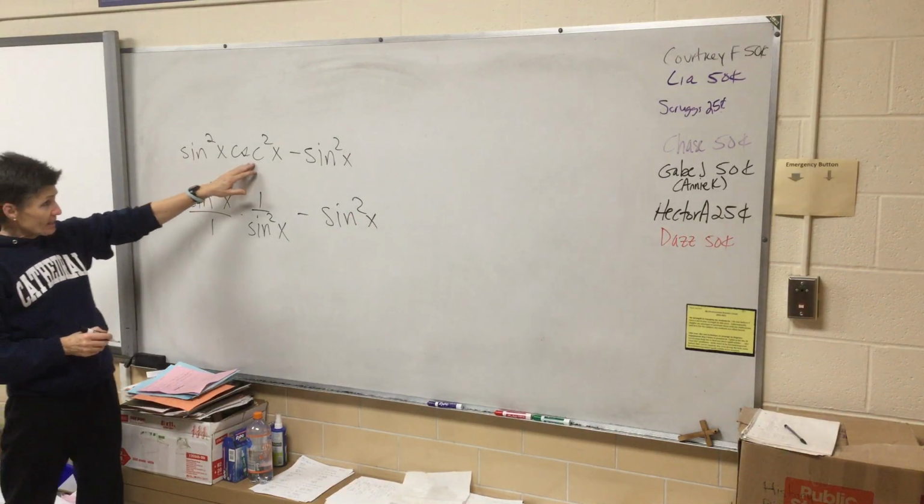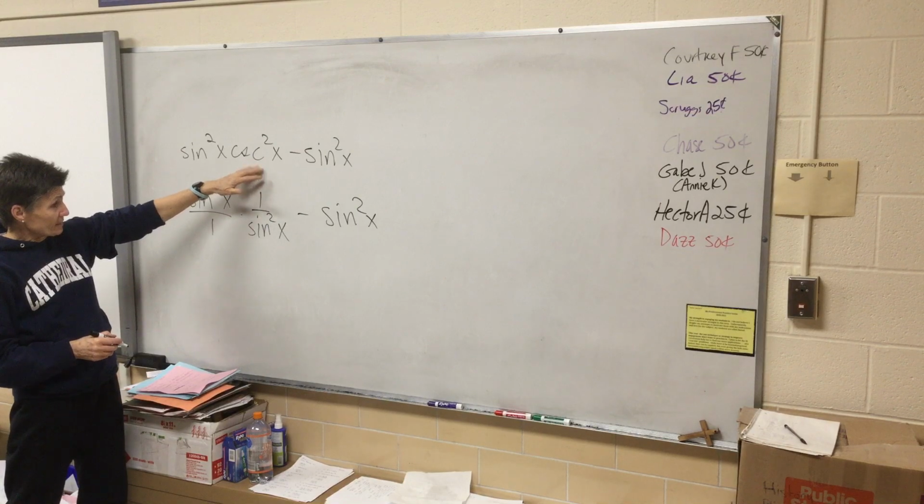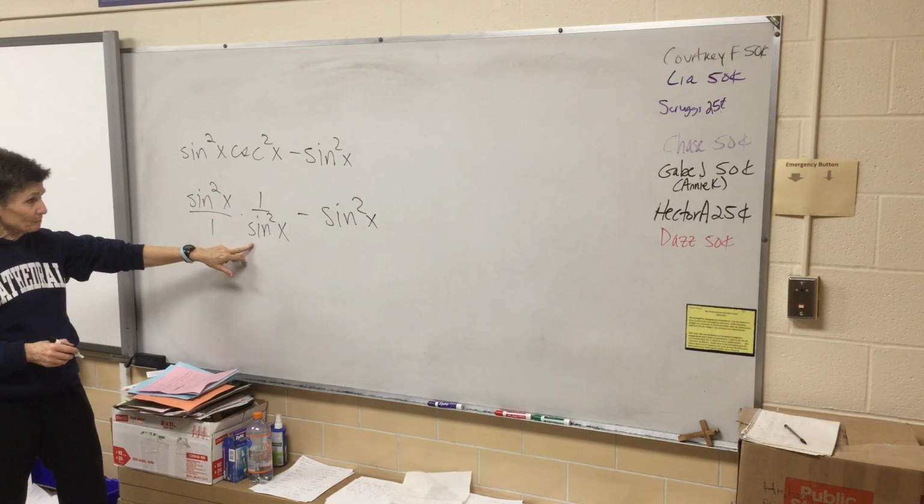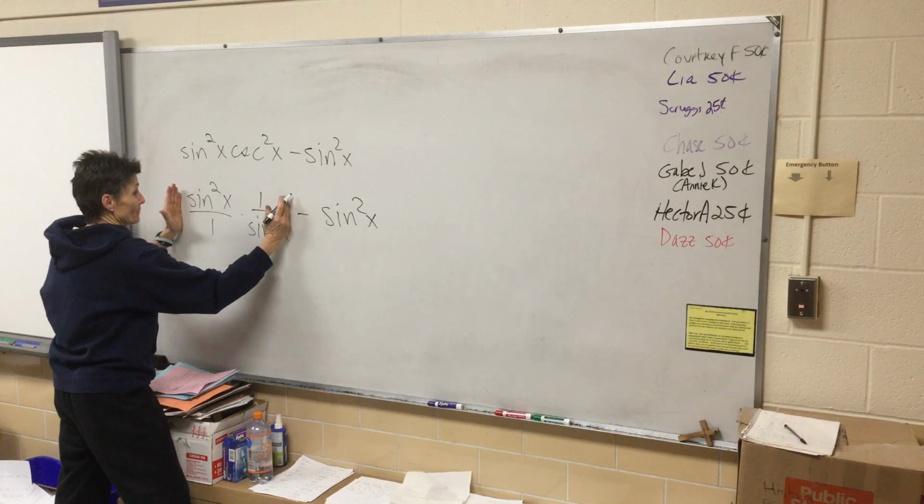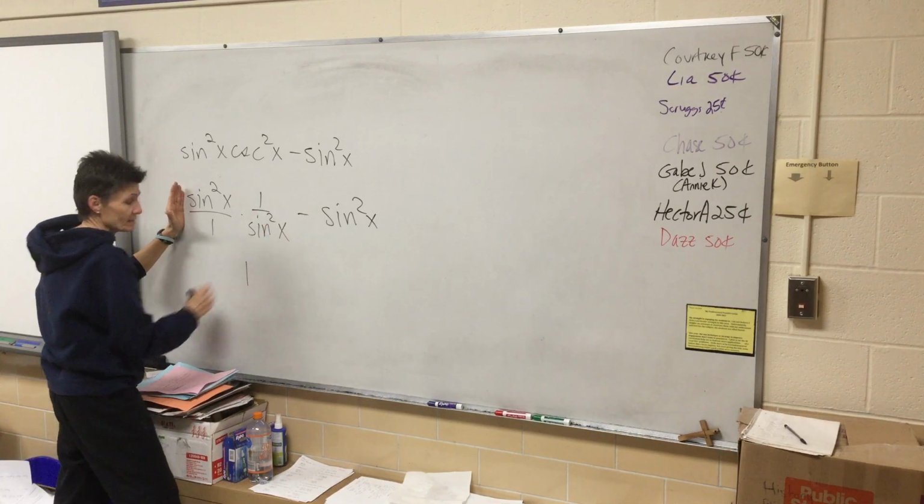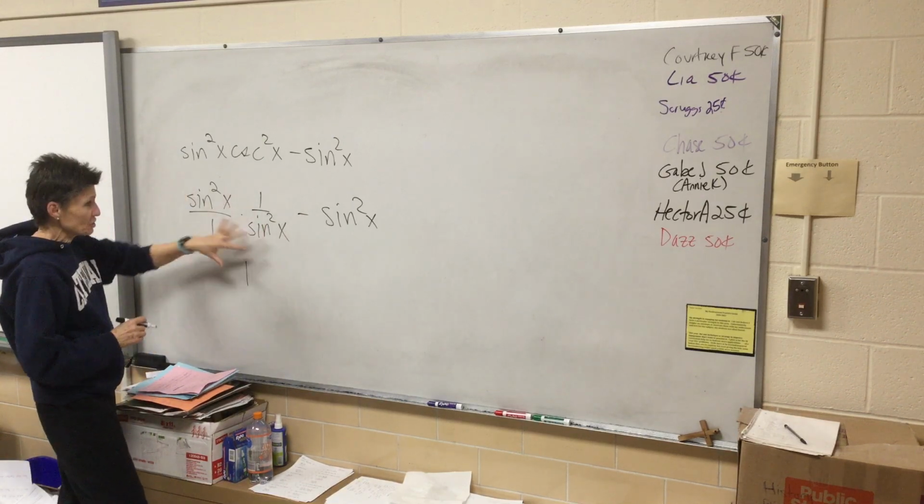So I've changed, as Gabe said, I just changed my cosecant squared into 1 over sine squared. Now, these are multiplied, so I'm allowed to cancel. What happens with these two right here? The sines and the ones cancel out. So all you're left with is 1, right? This just makes 1